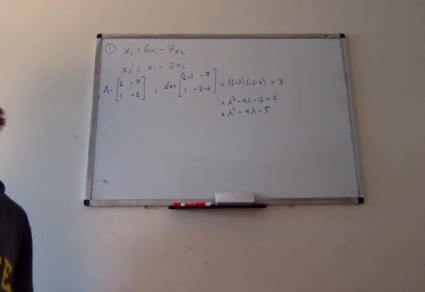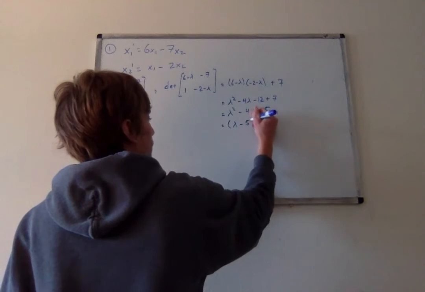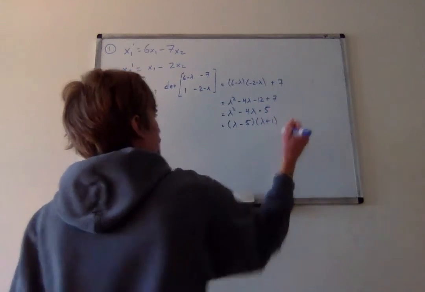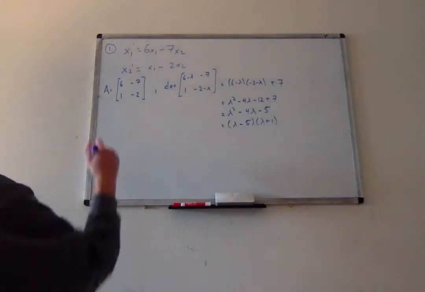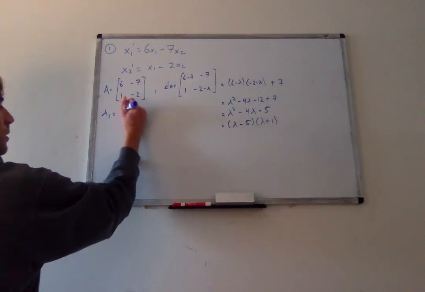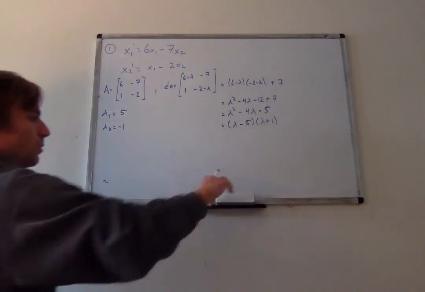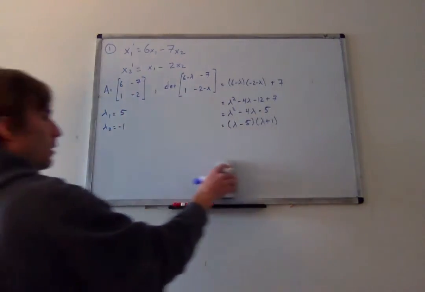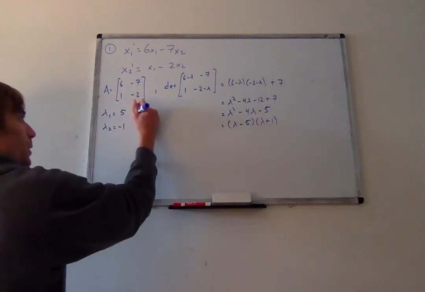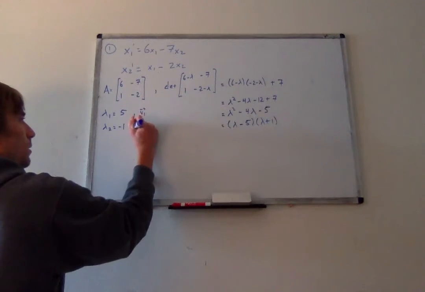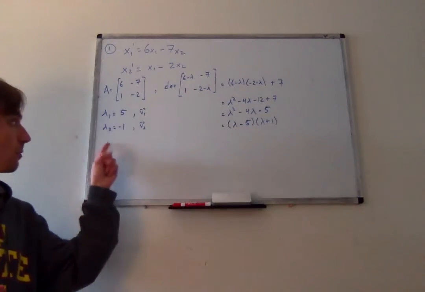And so this will give us, if we factor, lambda minus 5, lambda plus 1. And so remember, we want the zeros of this polynomial. Those are our eigenvalues. And so lambda 1 is going to equal 5. Lambda 2 is going to equal negative 1. All right. So I'm going to, for now, let v1 and v2 be the 2 eigenvectors associated with lambda 1